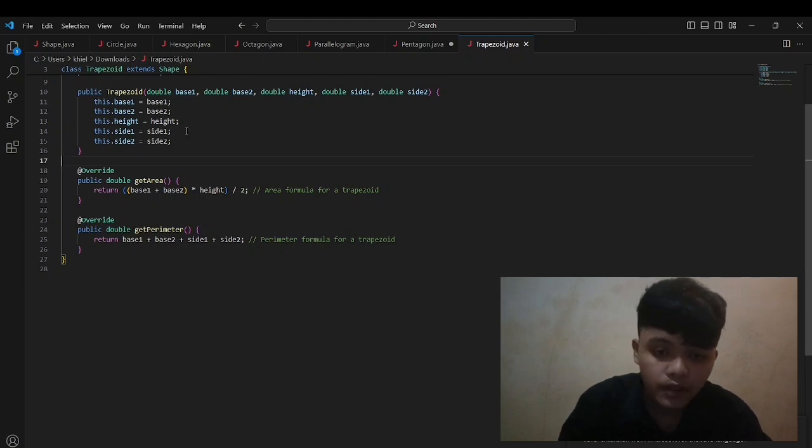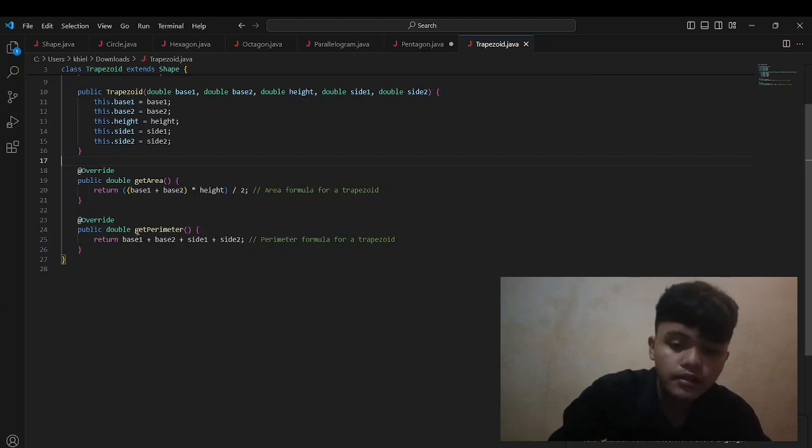Private member variables to store the dimensions of the trapezoid. Private double base1, base2, private double height, and private double side1 and side2.